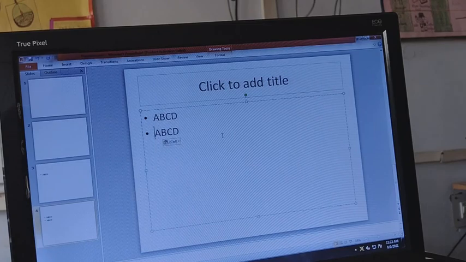The shortcut key for cut is Control plus X, and the data will be cut. For copy you can use Control plus C, and to paste the data, either after cut or copy, the shortcut key is Control plus V. So with cut by Control X, copy by Control C, and paste by Control plus V, you can move your data anywhere in your slides.